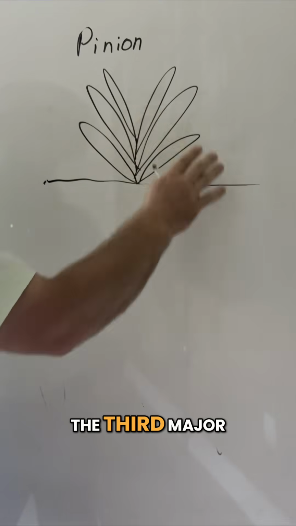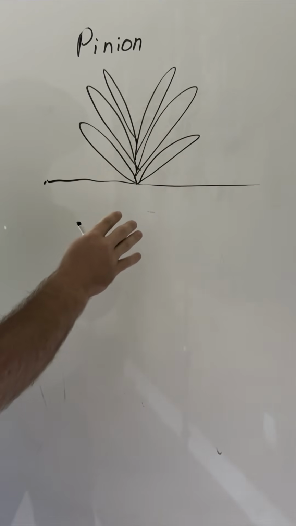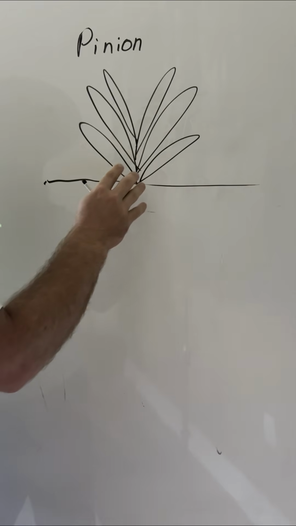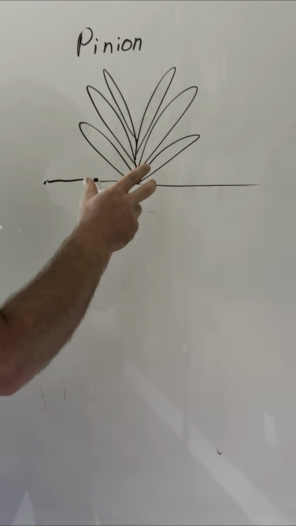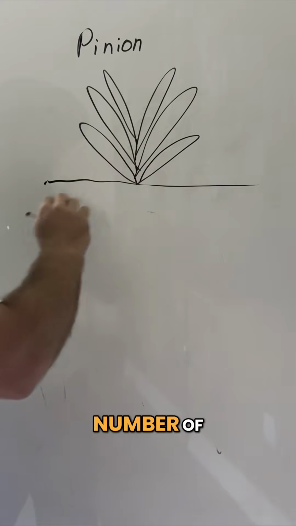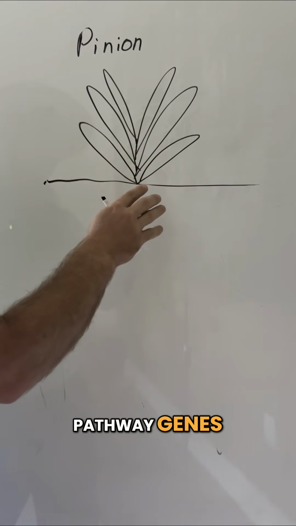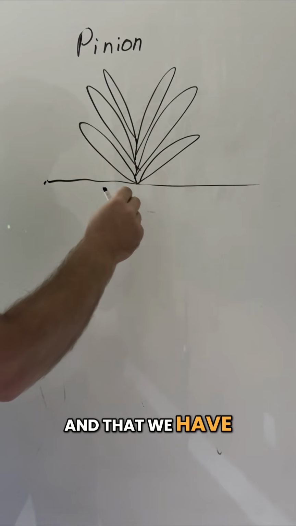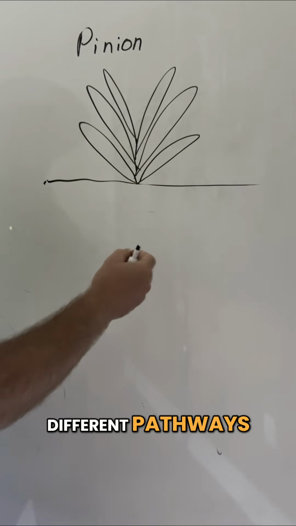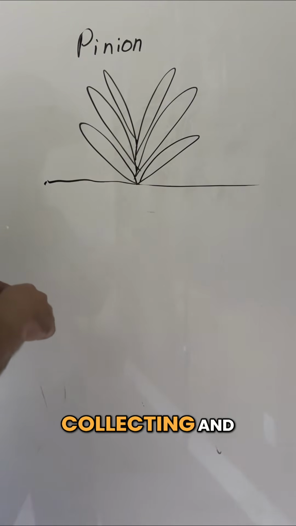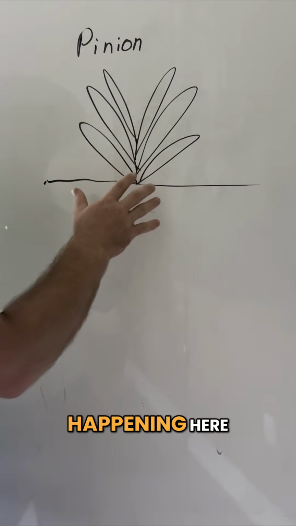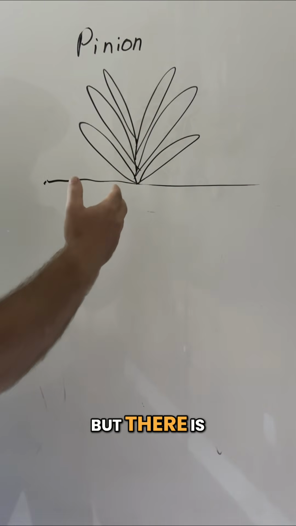The third major effect of Pinion is that, based on plant expression, it appears that we are turning on a number of different immune pathway genes, and that we have very strong genetic expression of plant immunity in a number of different pathways. We are still collecting and developing further data to validate the scope of what is happening here, but there is definitely